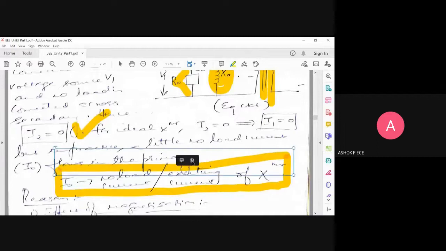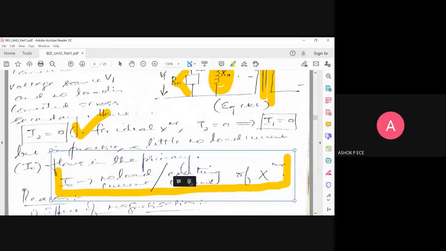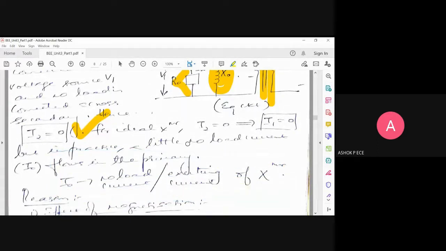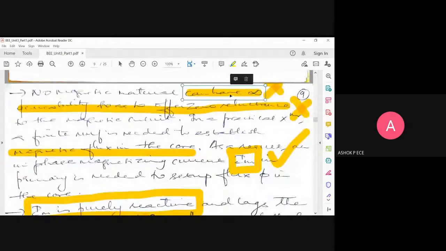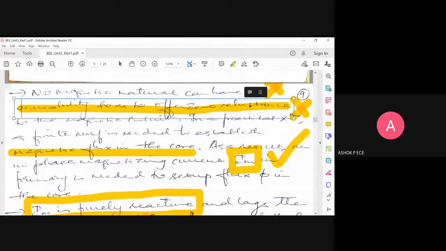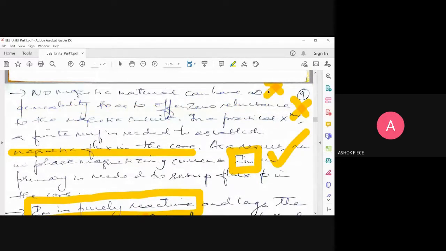And when they analyzed what is the reason for this I naught flowing in the primary, they found out two reasons. One reason is the ideal nature of a transformer. Ideally, you know that a transformer should have infinite permeability and zero reluctance. I told you in the last class, you should view reluctance just like resistance. So reluctance means it is hesitating to allow current to flow inside the core, right? Ideally, a transformer should have infinite permeability and zero reluctance, but practically it is not possible.